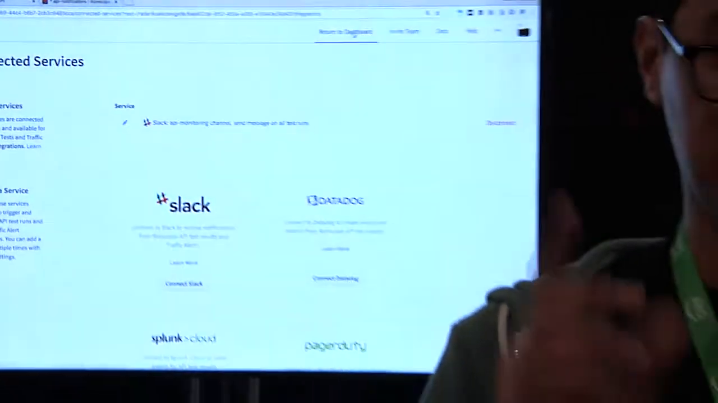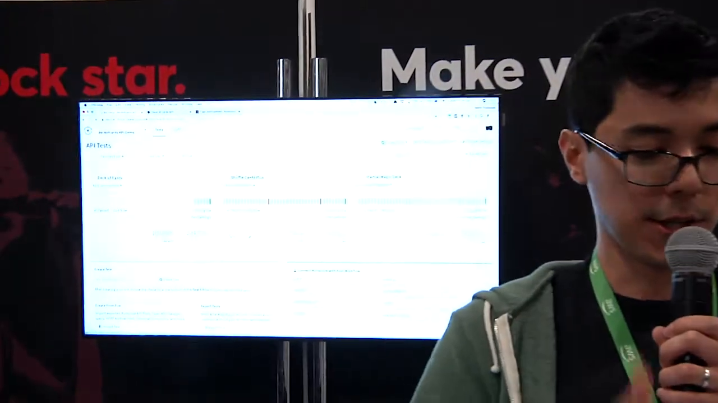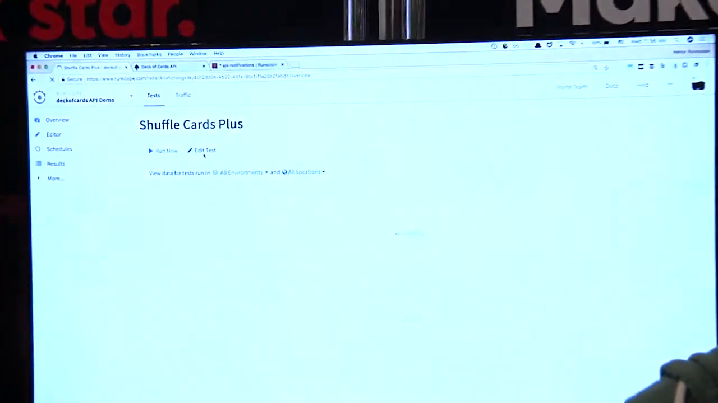So I'm almost done. Just want to show one last thing. I mentioned in the beginning of the talk that you can use API monitors to monitor API not only in production, right? But also during testing, during local development. So if I go back, I have another test that I had set up previously, Shuffle Cards Plus. And if I go to the editor here,